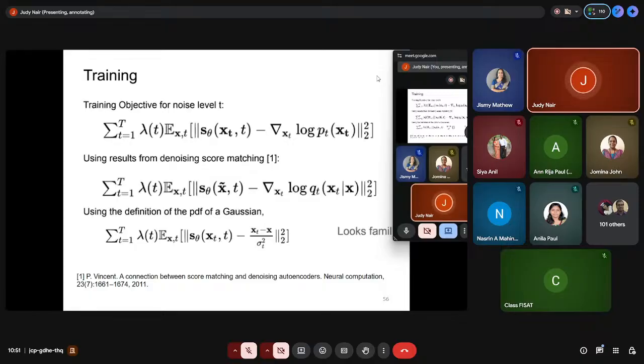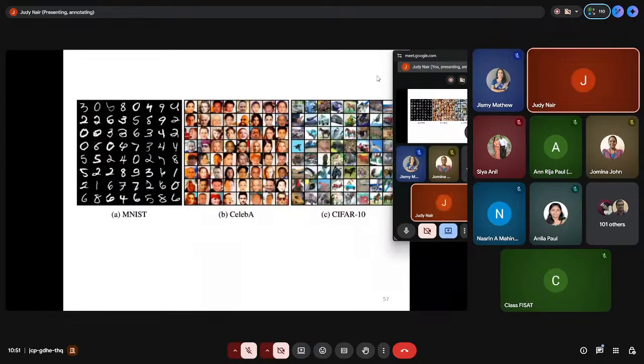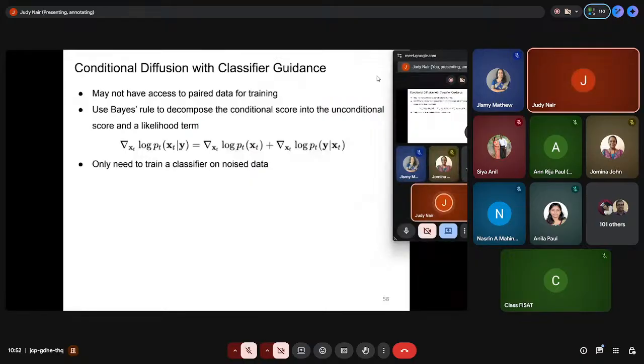So here the connection to diffusion is this. They have used MNIST in this paper, and other datasets. Diffusion learns noise, whereas in score models what is learned is the gradient. Both are equivalent, the same process, where we learn the noise prediction using DDPM models. Here, instead of noise prediction, the network estimates a score instead. Then there are many other methods, and I'm not going into very much detail.